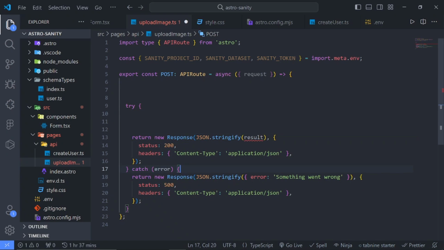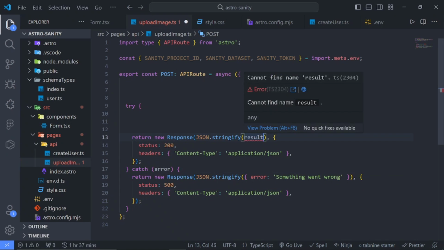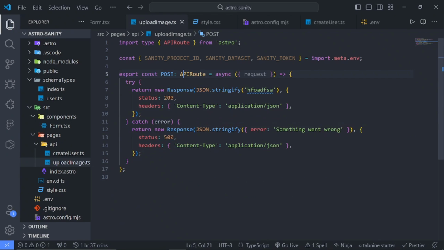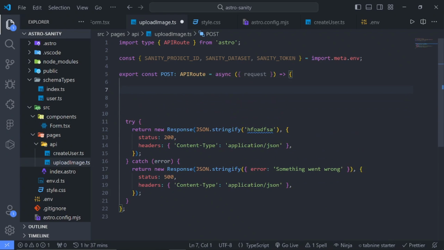I believe, let me just add some dummy data right here so I don't get an error from a TypeScript error. That's why I'm doing it. But with this now, I can just come back